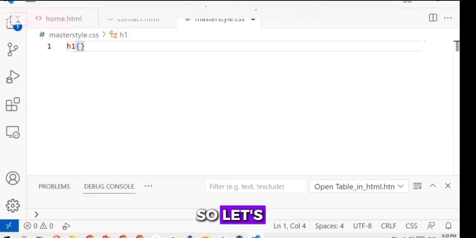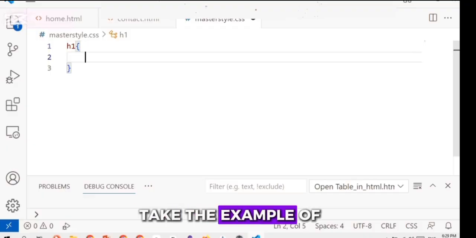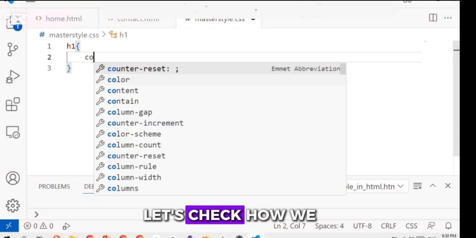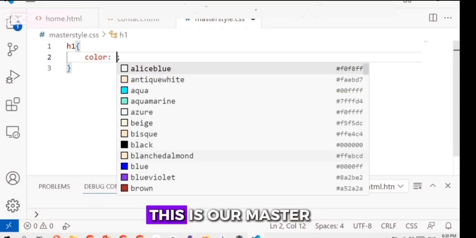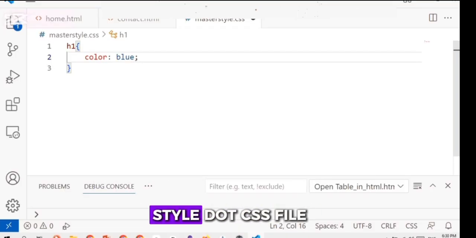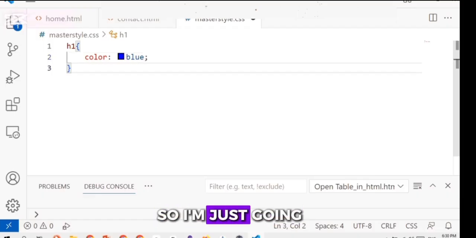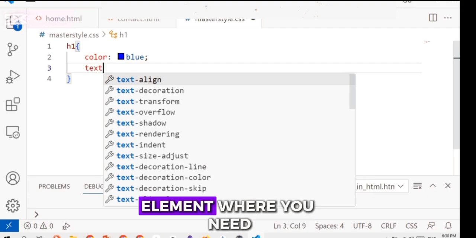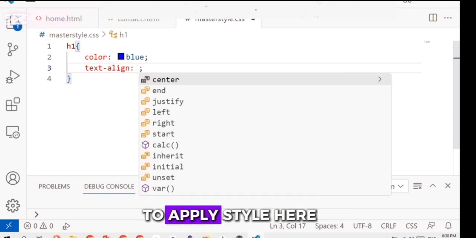So let's take the example of CSS and check how we can apply this. This is our master style.css file. I'm just going to write only the name of the element where you need to apply style here.